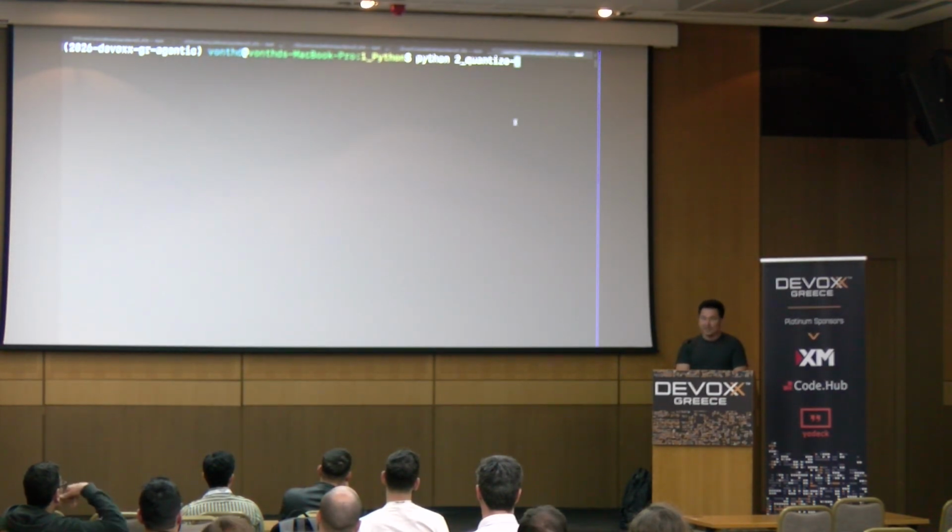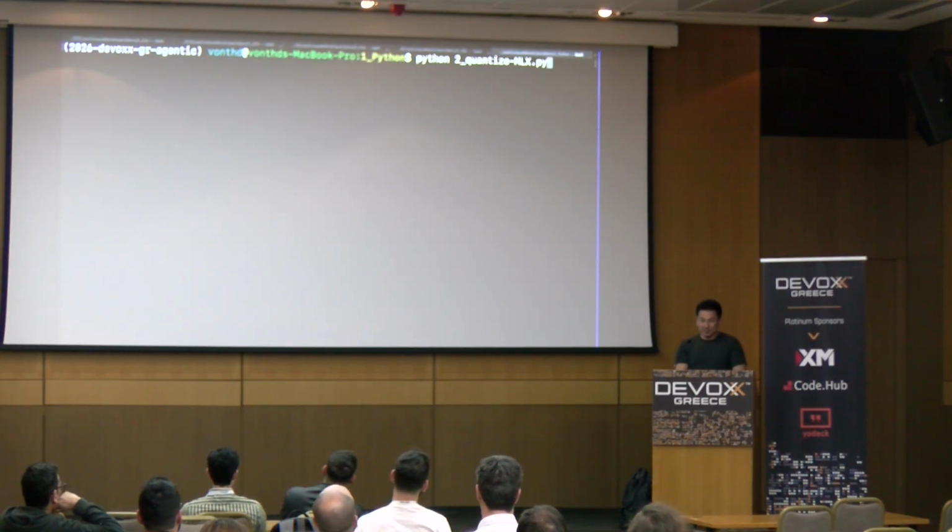Then to quantize, depending on the type of hardware you want to hit, I have an Apple, so I'm going to use the MLX script here. And if you don't have an Apple laptop, you can target CPU. That'll take the fine-tuned model and reduce it down to make the math easier so that I can run inference. Let's just go ahead and do that.